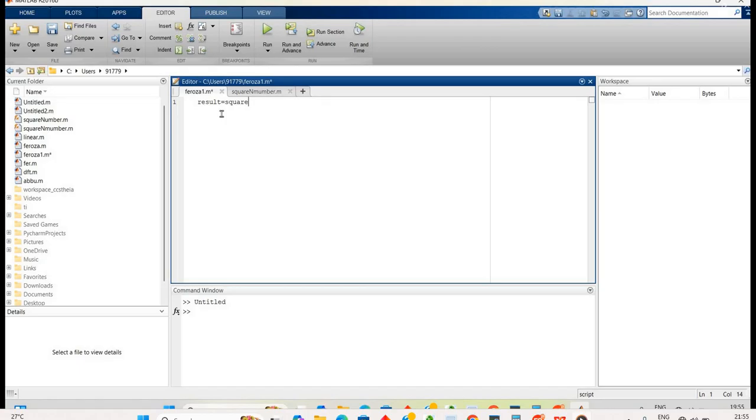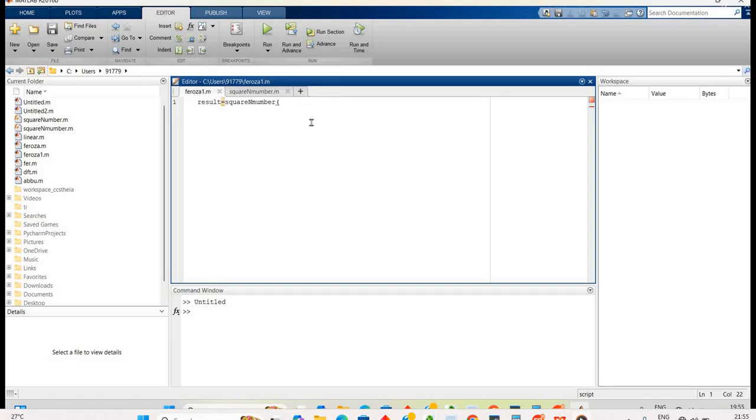I have written the spelling wrong for number, but I have to type the same here, with capital N. In brackets I have to write the value for x, the number for which we want to find the square.